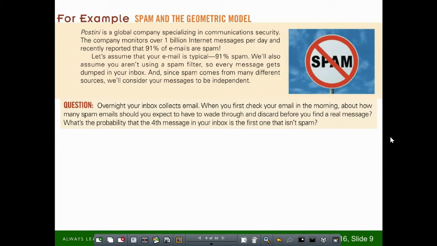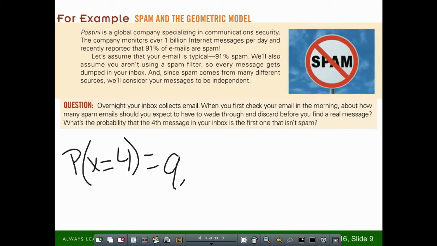Our formula stated that the probability of finding x equal to 4 is going to be the probability of failure to the 4 minus 1, which 4 was our x in this case, times the probability of success. So in this case, that would be 0.91 to the third power times